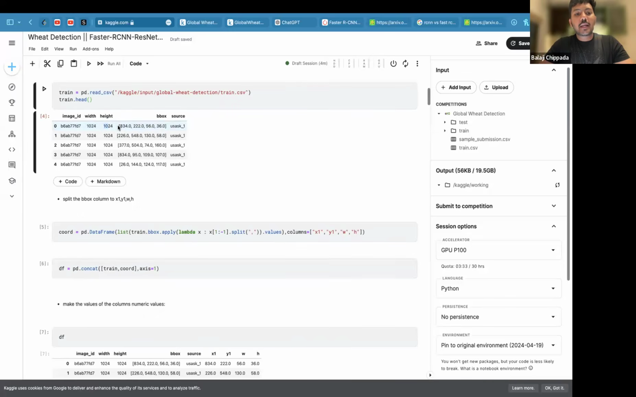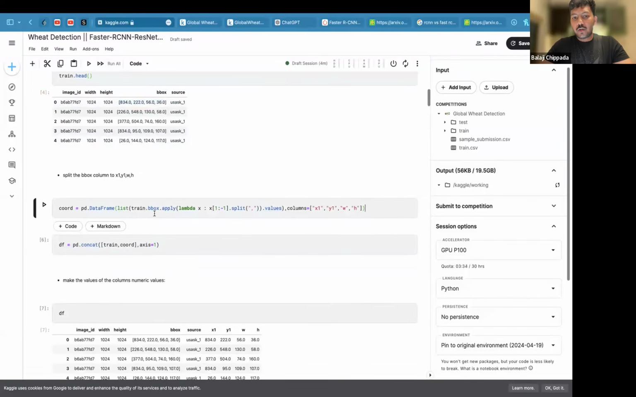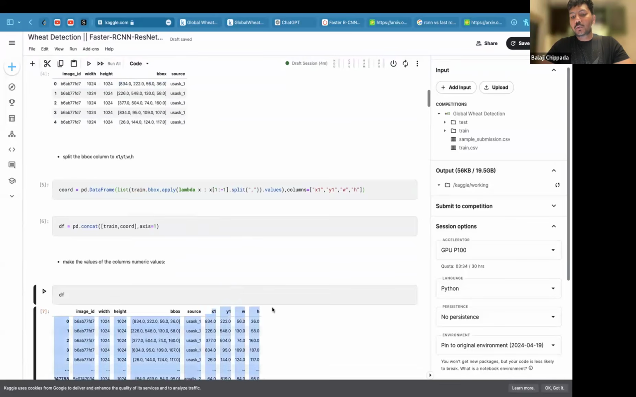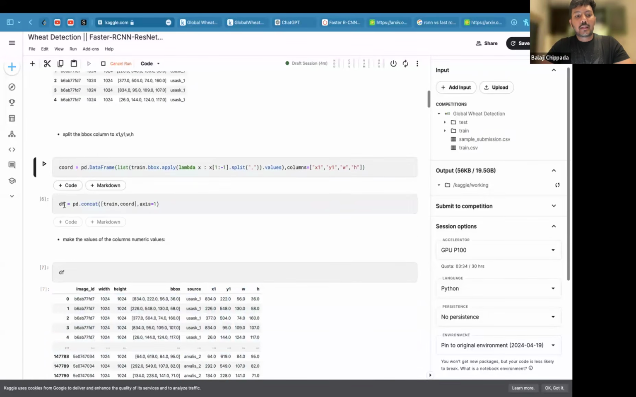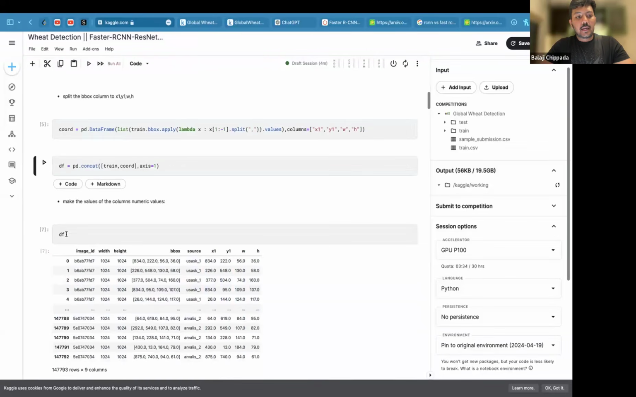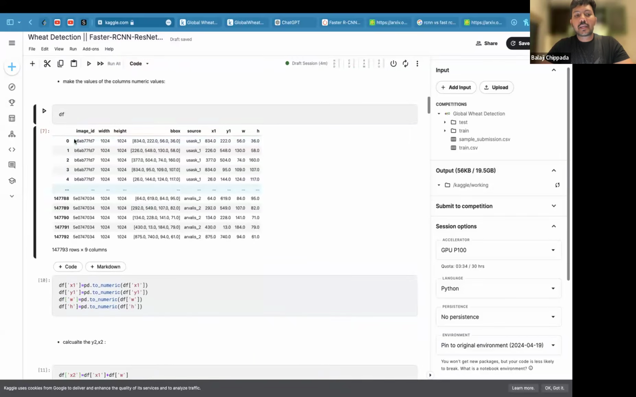So इसके लिए हम क्या कर रहे हैं, we are trying to first unbox this box into multiple columns। इसके लिए we are using lambda functions and we are giving the names as x1 y1 w and h। So I will do this one, and then I am doing a pd.concat, and then this is my final df। इस पे क्या क्या है, मेरे पास image ID है, width है, height है, bounding box है, and the source of the image है, and then we split this into multiple sections। We haven't done anything fancy here, we just unbox this list into multiple columns, ठीक है।